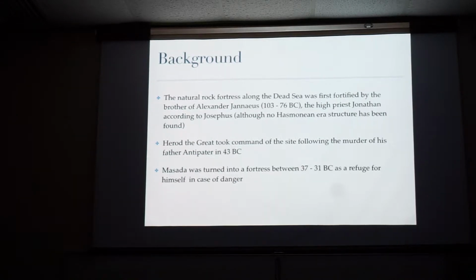Masada is turned into a fortress by Herod the Great between the years 37 and 31. So if Jonathan the high priest does this, there's probably the beginnings of a fortress at Masada that some 75 years later Herod the Great is turning into a gigantic fortress because of the danger that he perceives coming